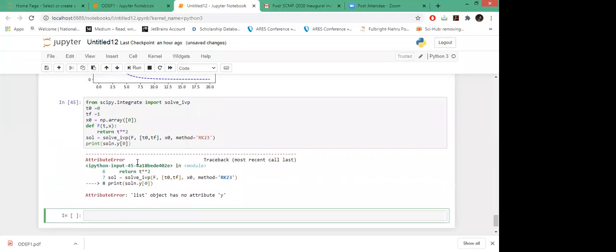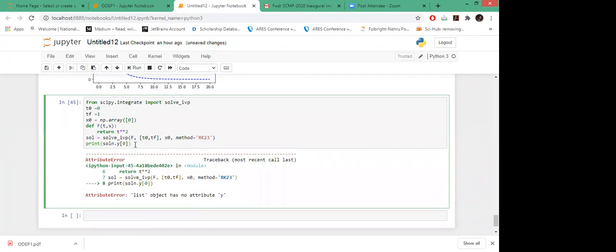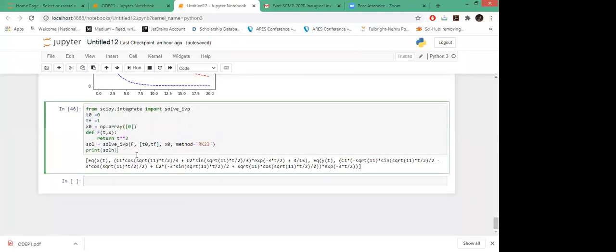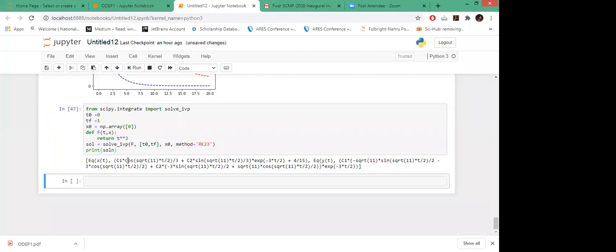Next is which attribute, y. Let's see what attribute is used. Okay, this is giving us this form. And this is just similar to that one.